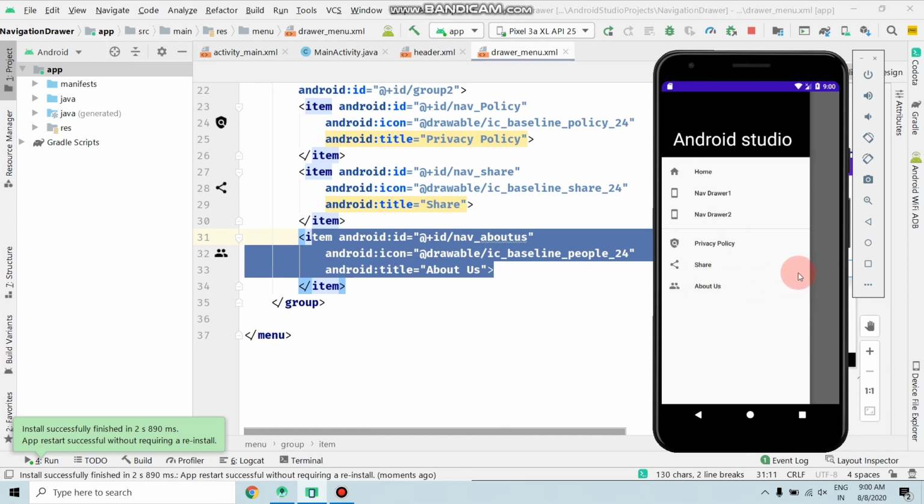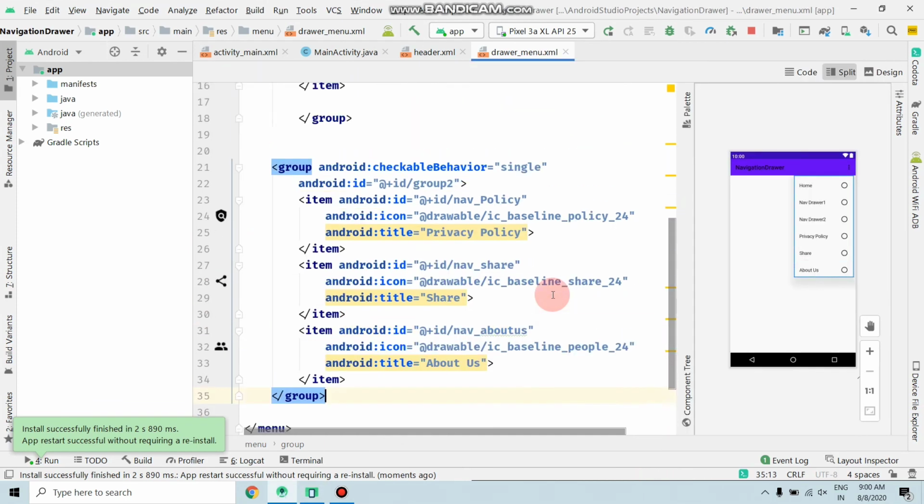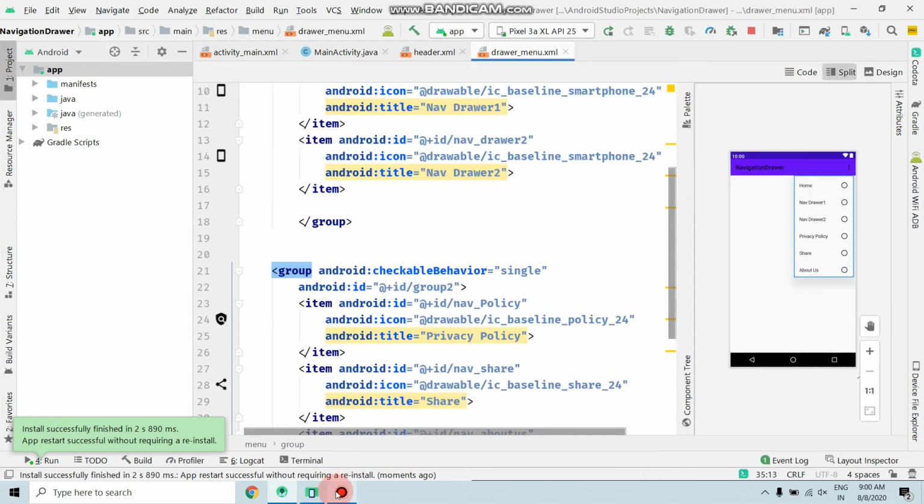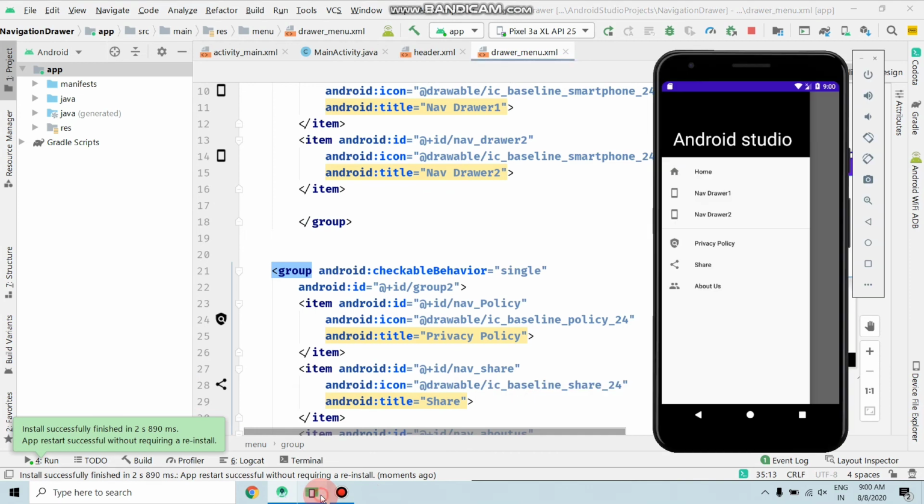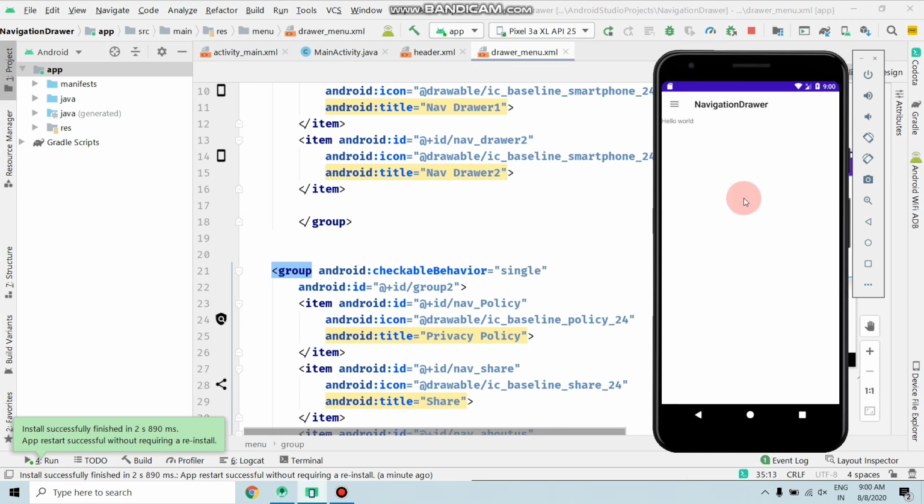and as you can see the icon is this. So guys, in the next video I will show you how to set an on click listener. When you click on navigation drawer, another activity opens, and when you click on home, as you can see home, the home activity is shown.